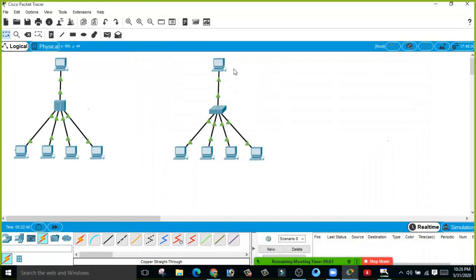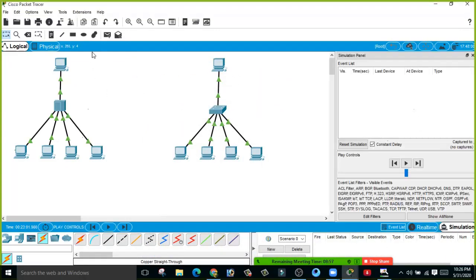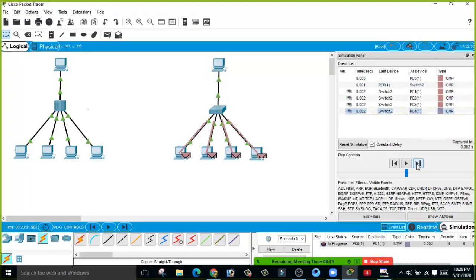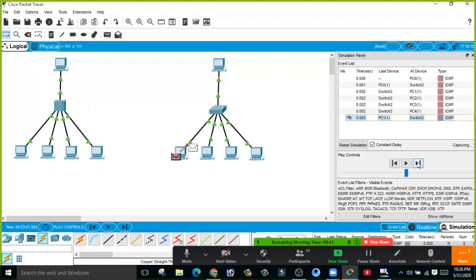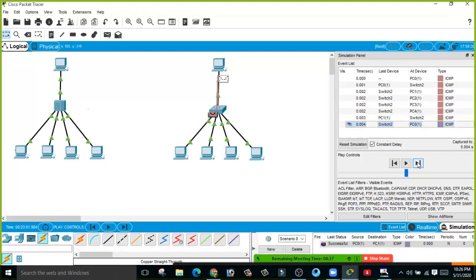See, the device where you want to send the data, it is only sending data to that particular device only. If I go to the first computer and send data to PC number 1, what is going to happen? The data is sent to all the devices. First of all, it is going to broadcast to all the devices. This is the first message. Now it is going to send a reply back, and from the next time it is only going to send the data to the device where you want to send.